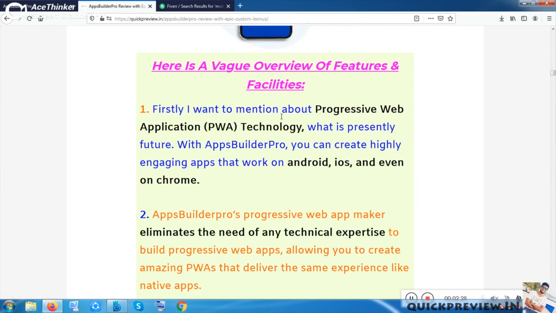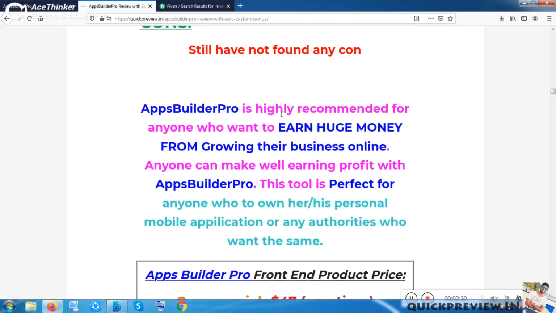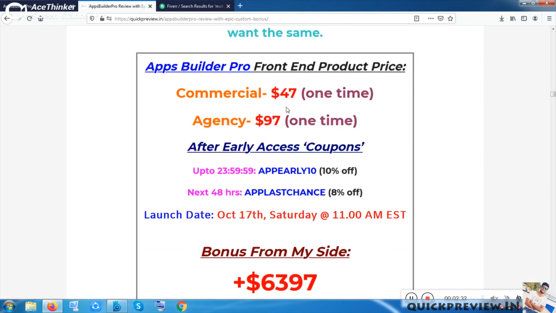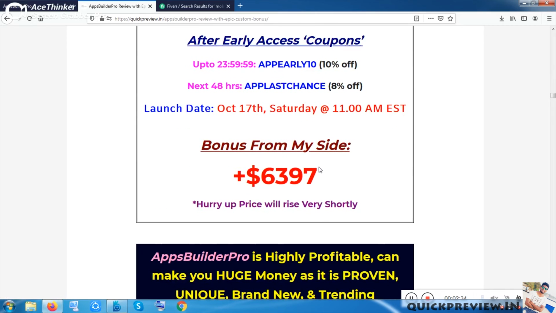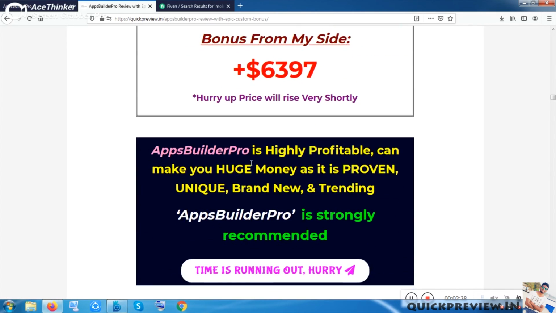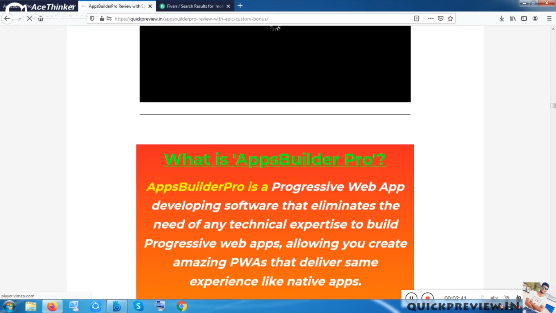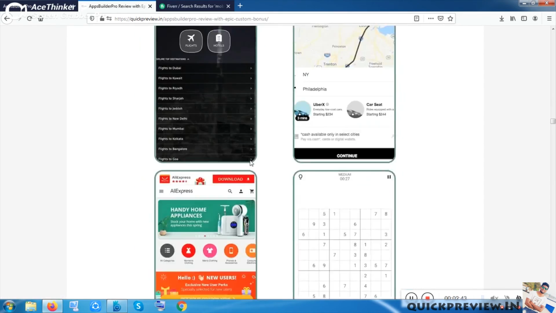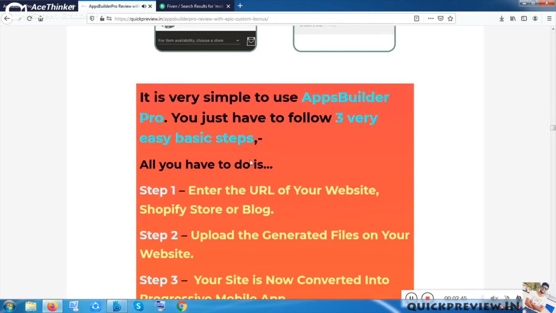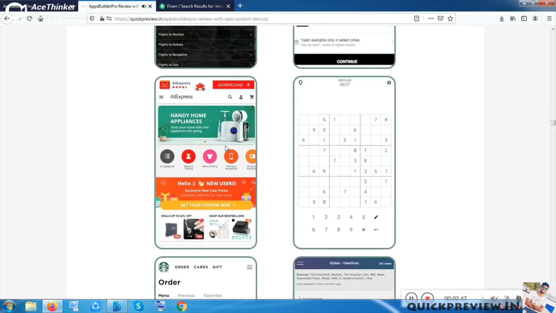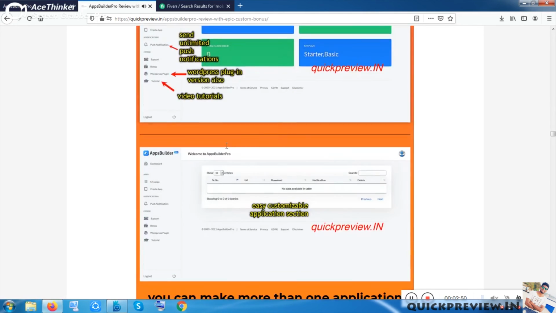So this is all of the options, and this is all of the things I have put here, and this is the bonus value I am giving you. I have literally put it together over so many days. Let me leave all of this and show you the bonuses only. You can make these kinds of apps with this tool. I want you to check it by yourself